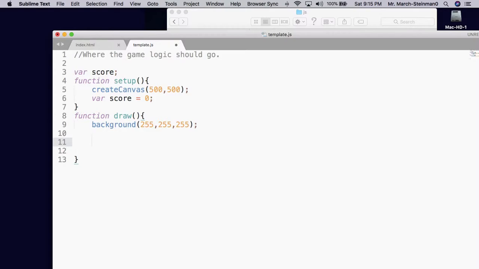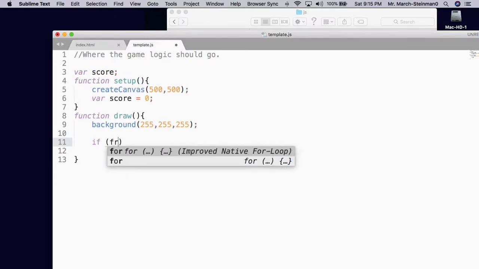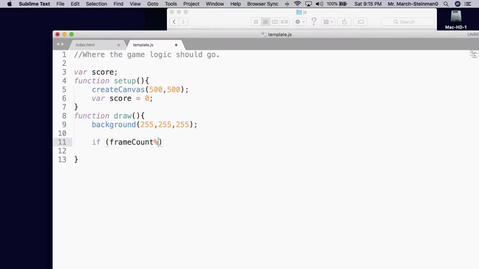If you want to increase the score by one point per frame, we can say if frame count percent 60 is 0, meaning if we have hit some number of frames that's divisible by 60, then score should increase. And to display a score, we can simply say that we want a text size of, say,